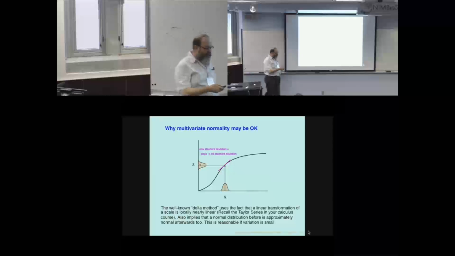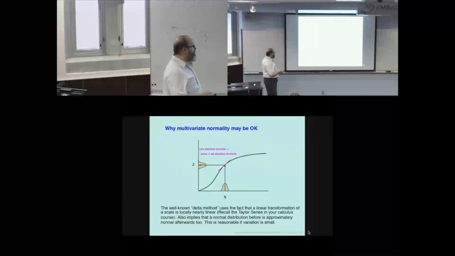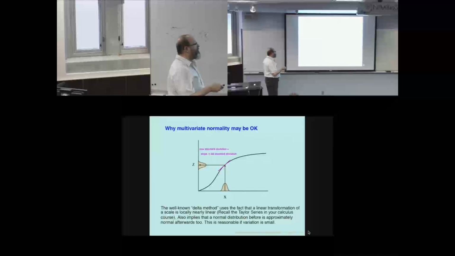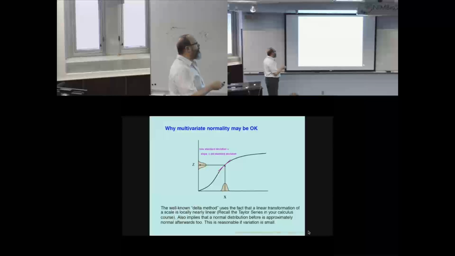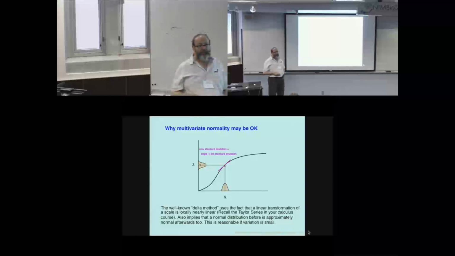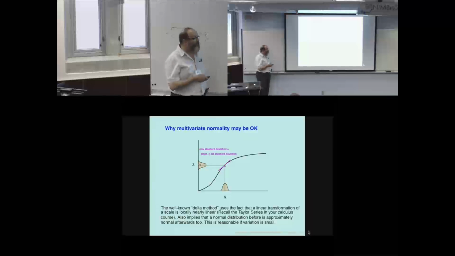And the justification for that, I think, is what's often called the delta method, which basically says that if you have an x that has a normal distribution, and there's a transform of x called z, some curve, then if the variance is small enough, that thing will look more or less normal. Why? Because locally this curve looks almost linear. And when it is linear, normal means that's normal. When it's close to linear and there's not too much variation, it's still